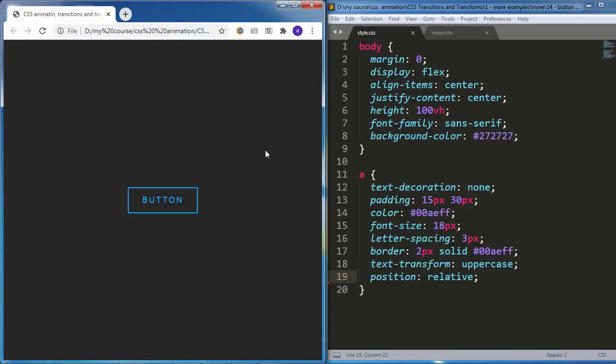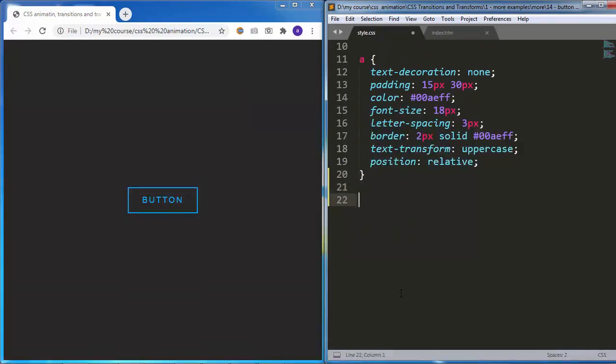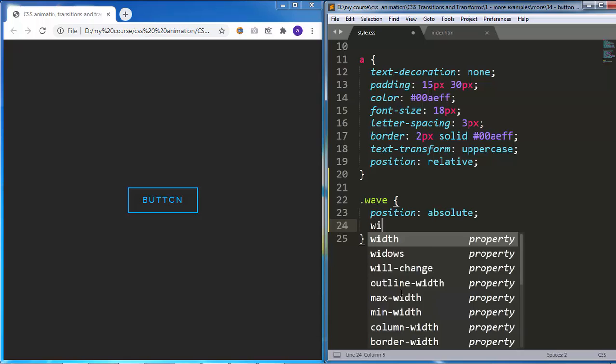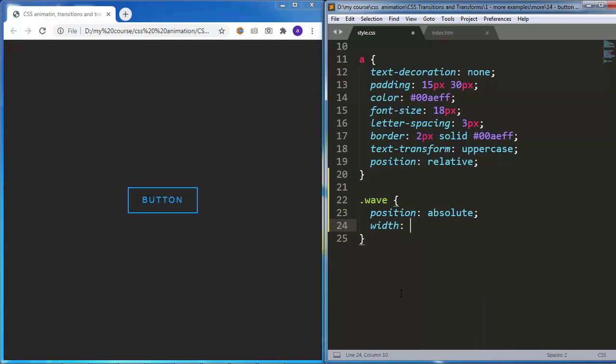Now, how are we going to create this wavy effect? Let's just take it step by step. I will target the div with the class of wave. And inside that, I will add position absolute, so we can position it relative to the button. I will also set its width to 100% and its height to 100% as well. Then I will add left,